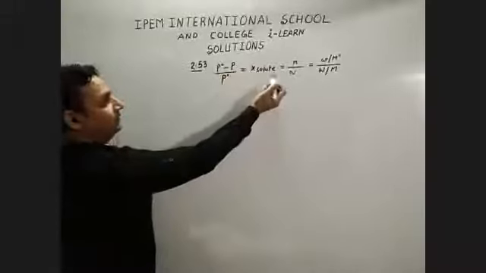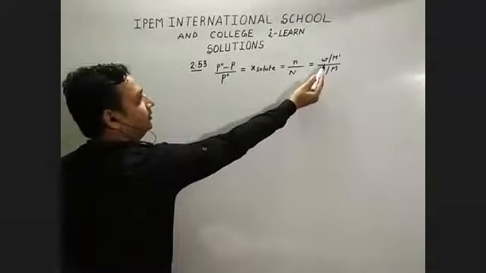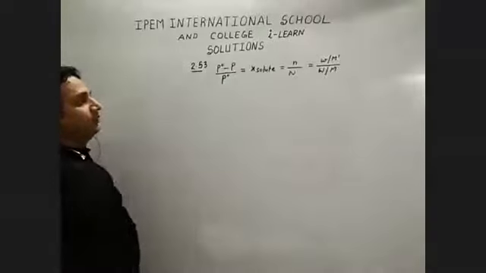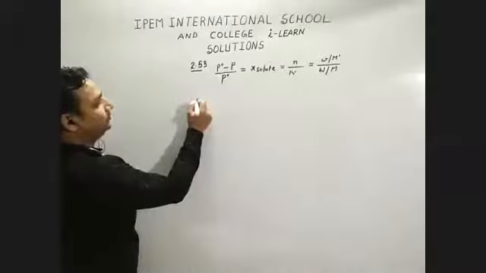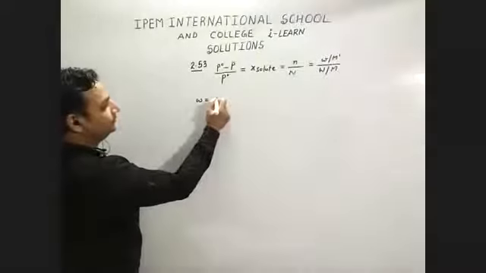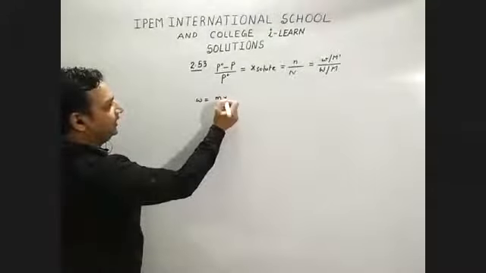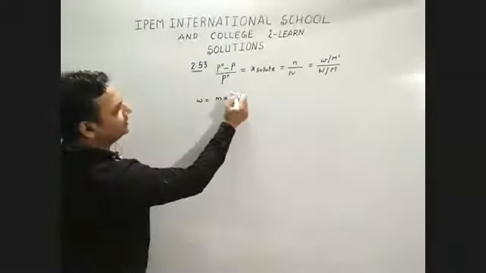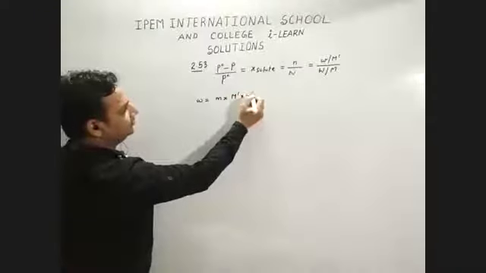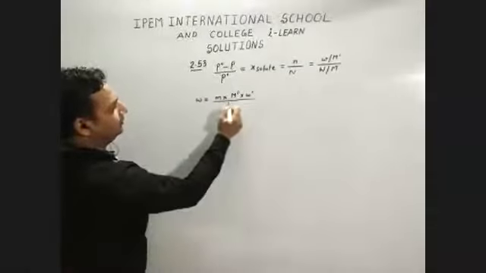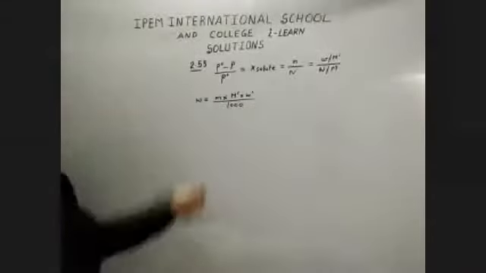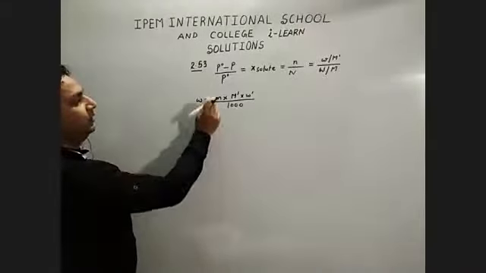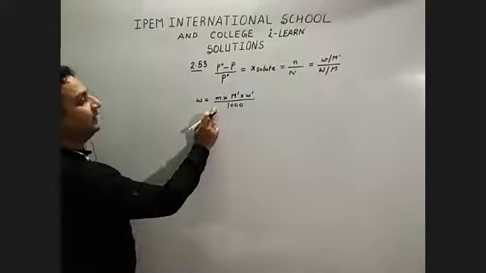So this much, P naught minus P upon P naught. So we come to here also. All right. Now I have given you the formula for molality, that is W is equal to M into M dash W dash upon 1000. And I have told you to find this molality. The question has asked for the molality here.